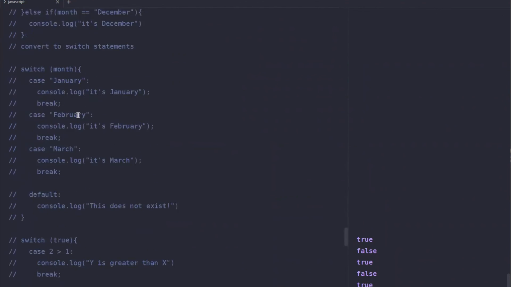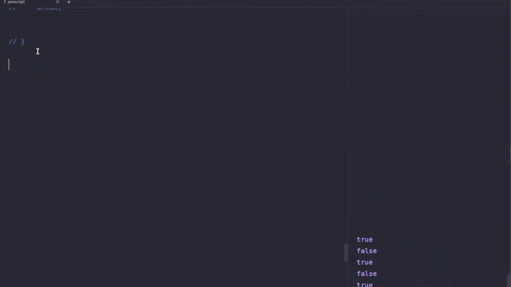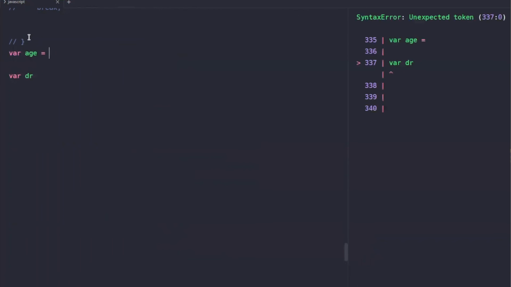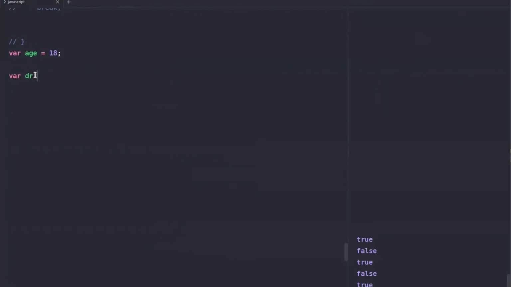So assuming we had something like this, let's say we can drink only if we are at the age of 18. So let's have a variable called age, set to 18, and a variable called drink, which is equal to